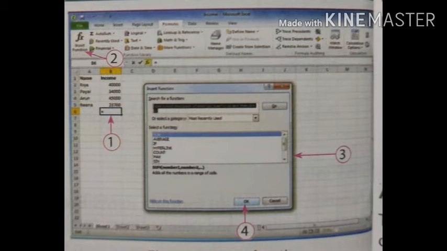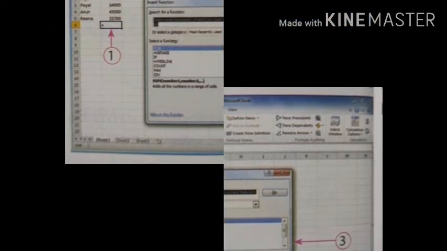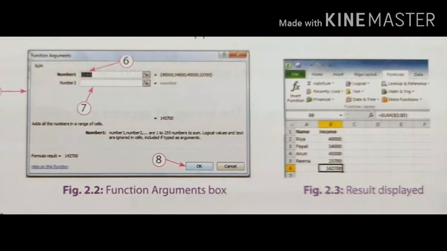Choose the function and click OK. 5. A function arguments box appears on the screen. 6. Fill in the number 1 box for the first range that you want to calculate. 7. Fill in the number 2 box with the second range that you want to calculate. 8. Click on the OK button. The result will appear in the selected cell.